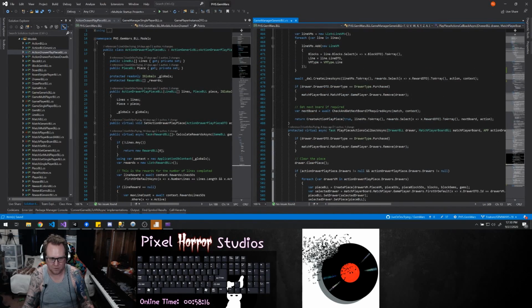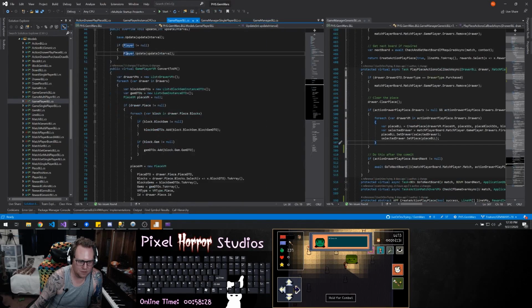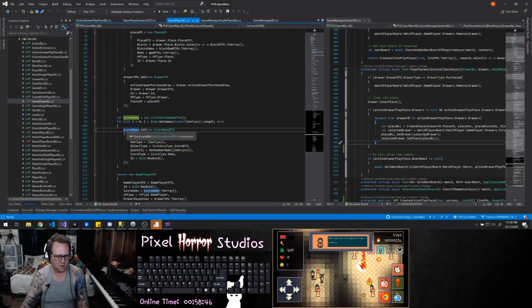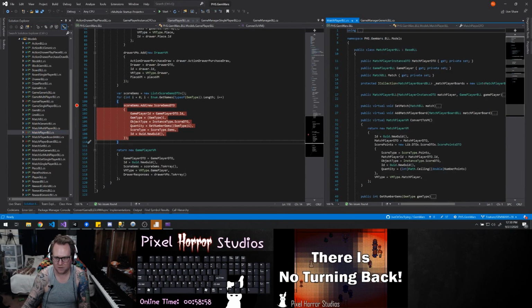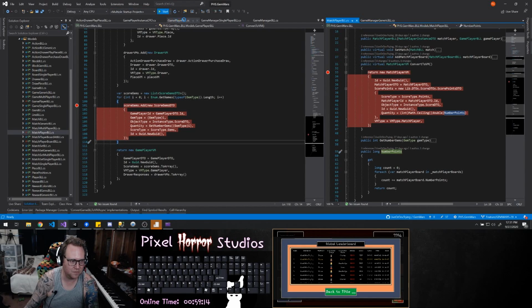So instead of this, when I convert my game player, we're doing it here. And we're doing it here. This number of points should be aggregating everything. So when I play this again,